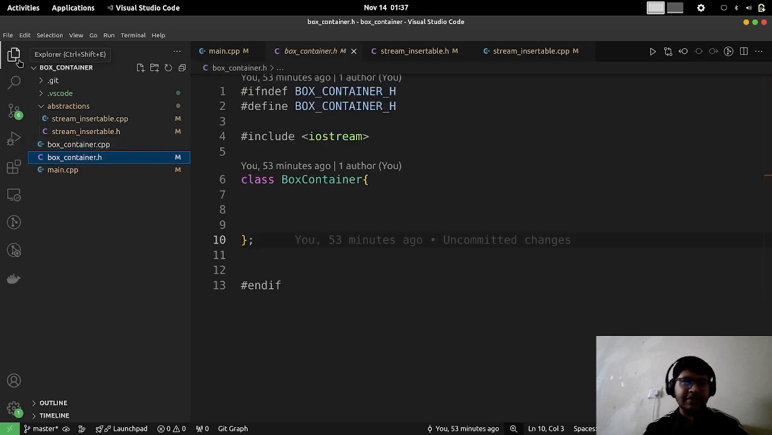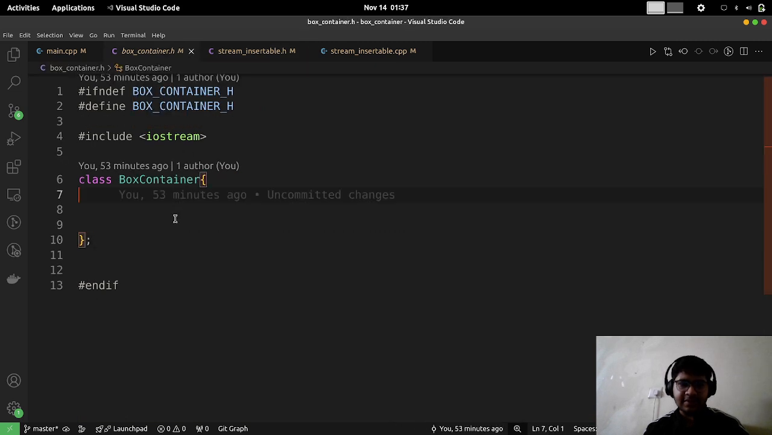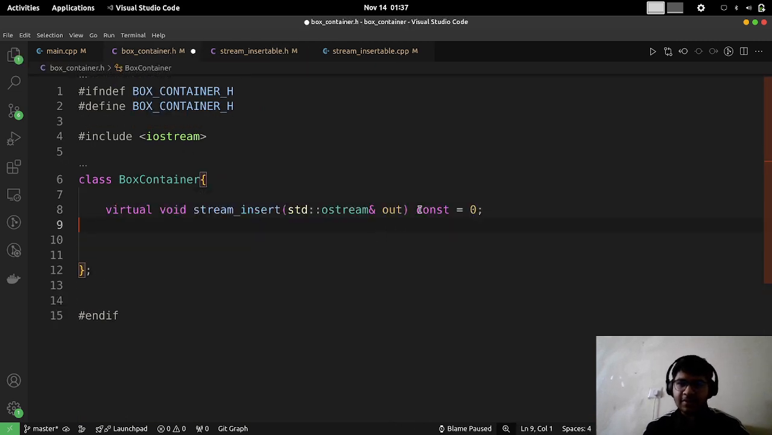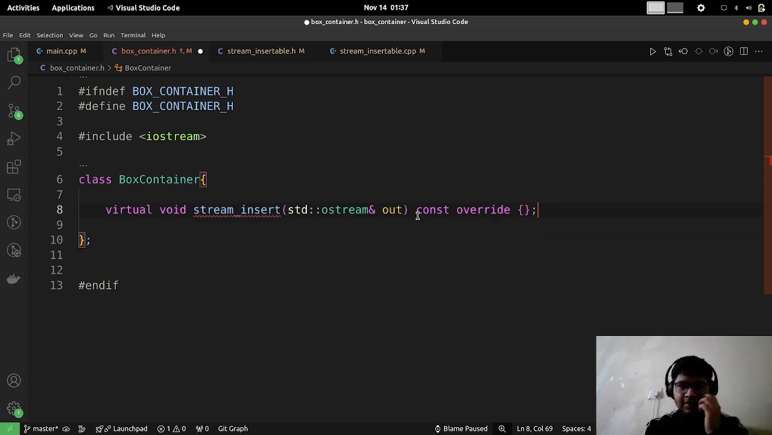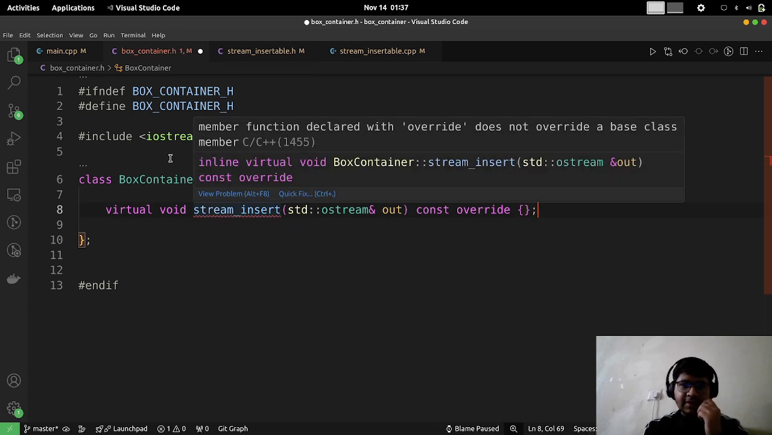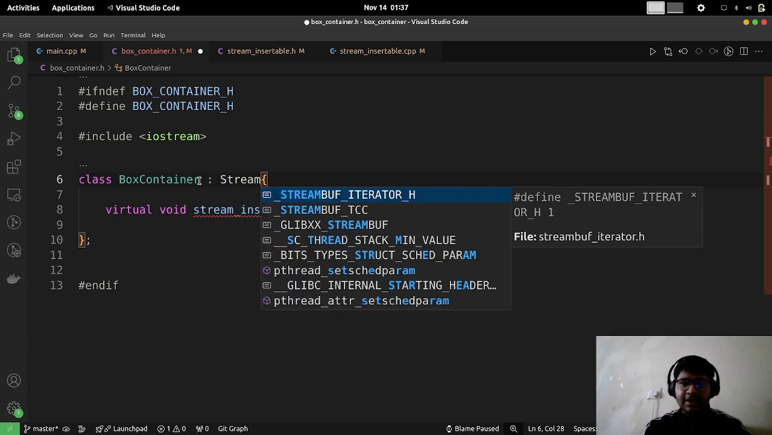Now let's go to our box container class. There are no implementations for this, but let's do something like this. We will paste this override. We can also make it override actually. Let's be real, const override, because we don't want any typos essentially. So because we never inherited from the stream insertable interface,